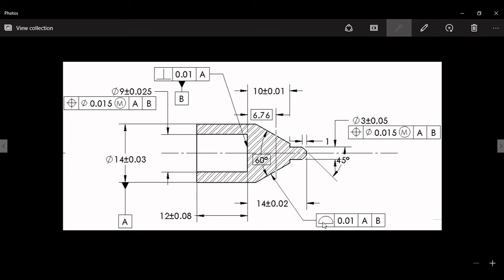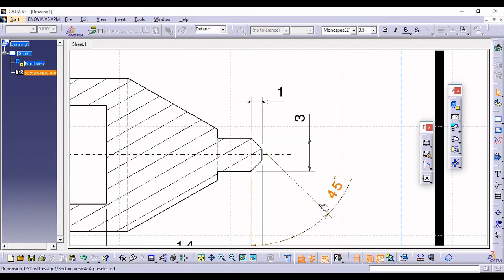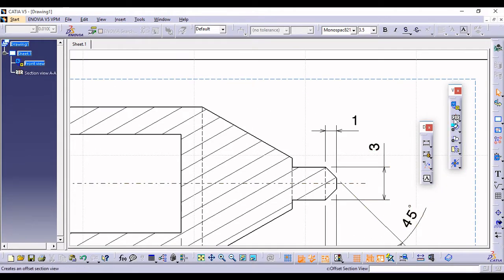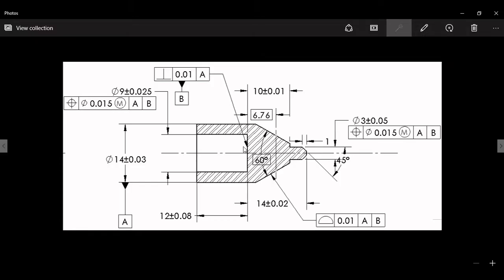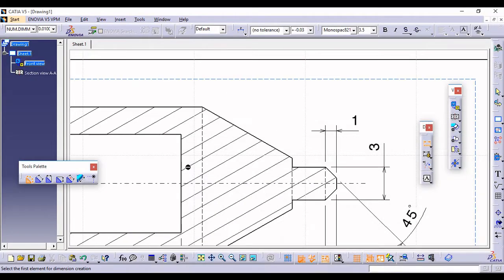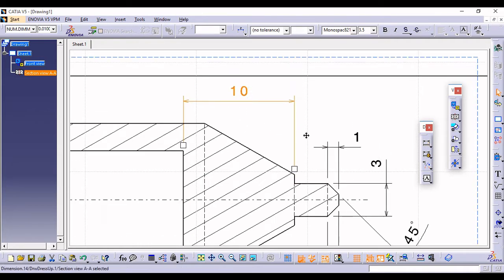Okay, then the next part is this one, that is 6.67, and this 10. So select this. The 10 is from this to this one, from here to here we have a 10.